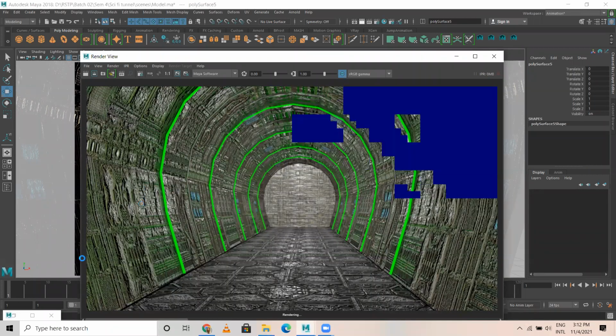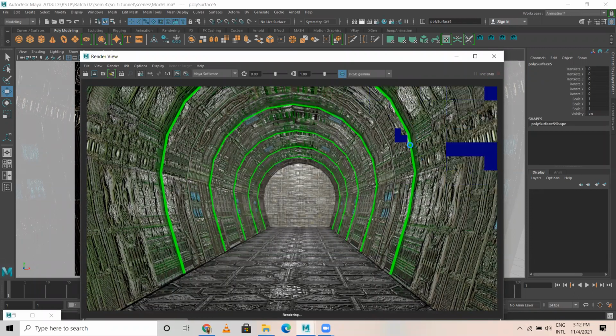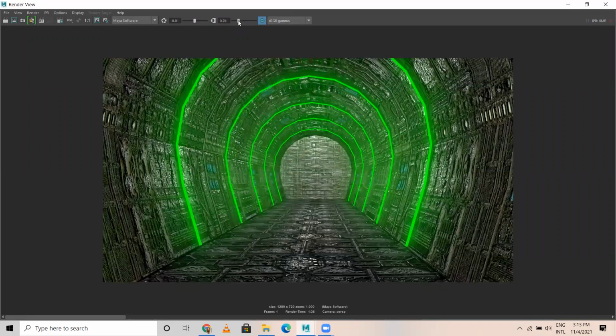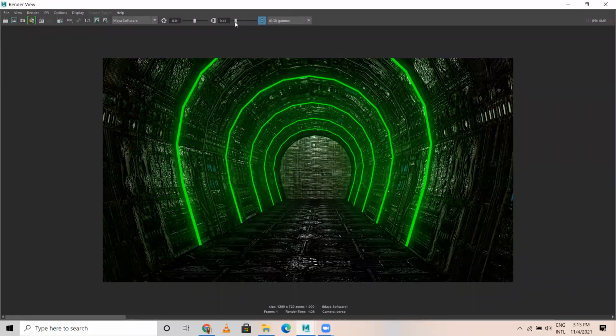Yes, sir. We can even reduce the light and just increase the level of contrast, and it's good. And if you notice, there is a lot of reflection, this green tint has been reflected here. Oh, great. This is how it looks. See, if I reduce a bit of contrast, this looks amazing. Have you seen the movie Alien versus Predator? The set design looks something like this, very similar to this.